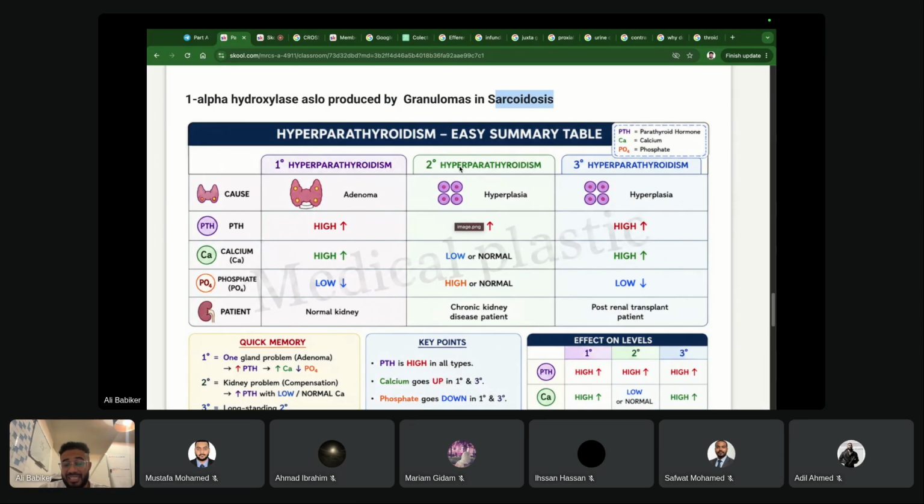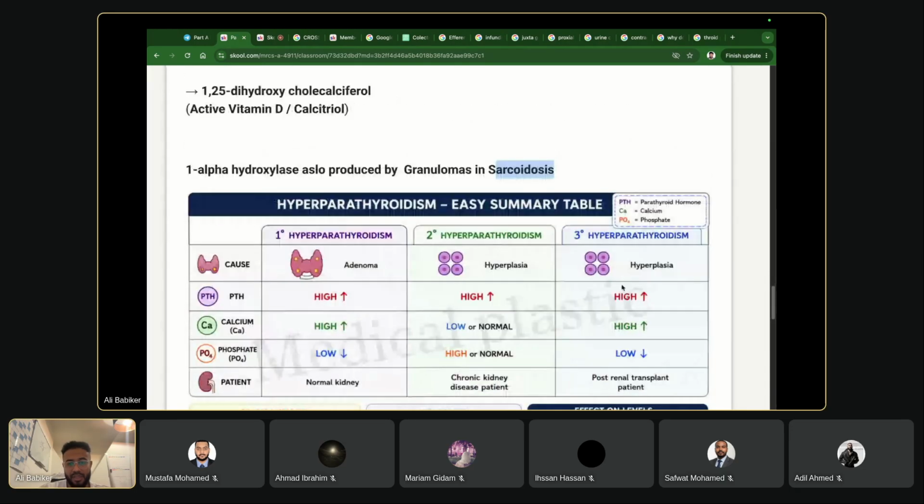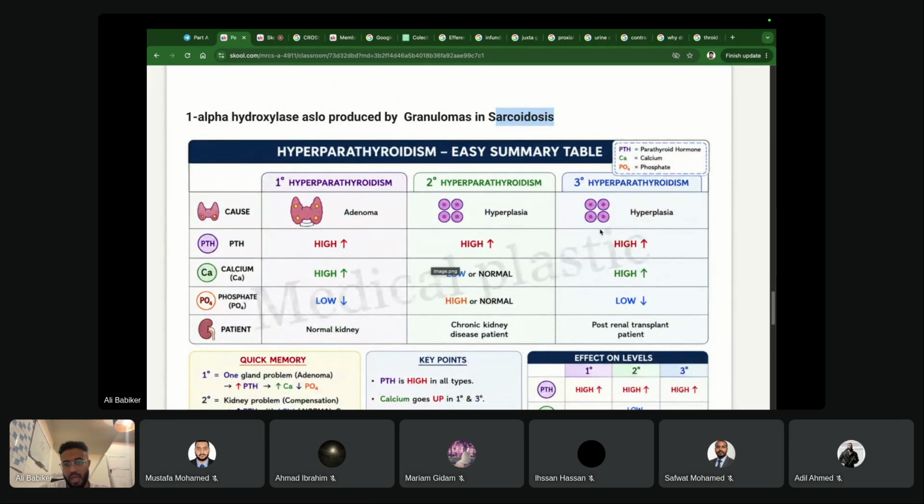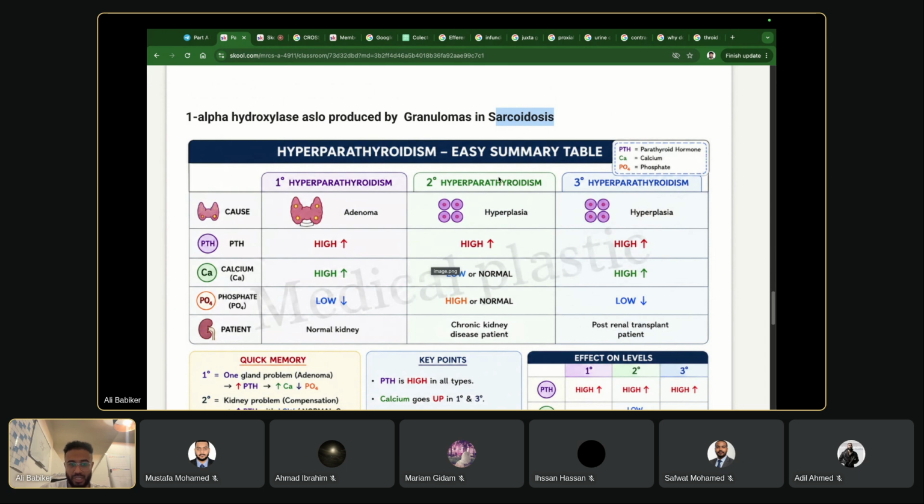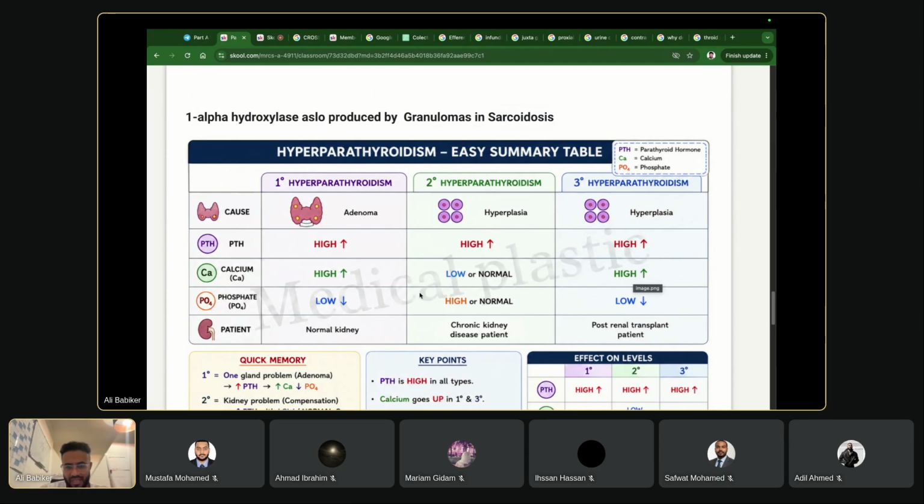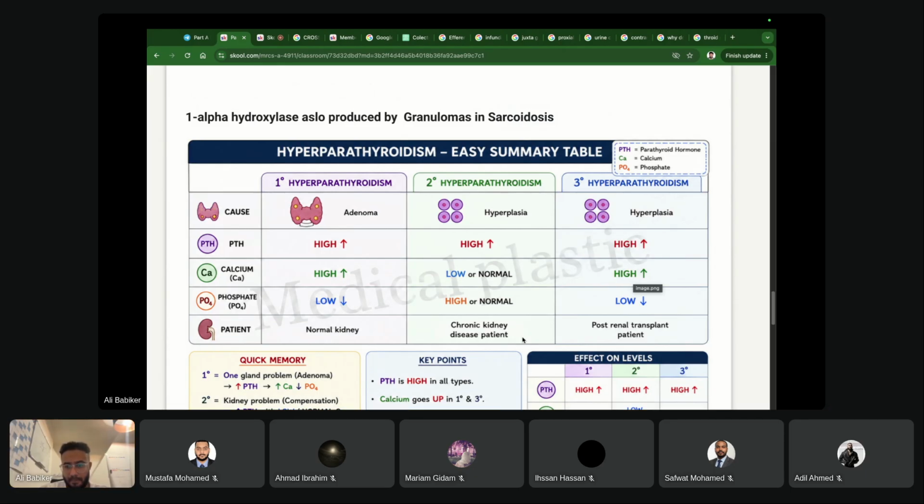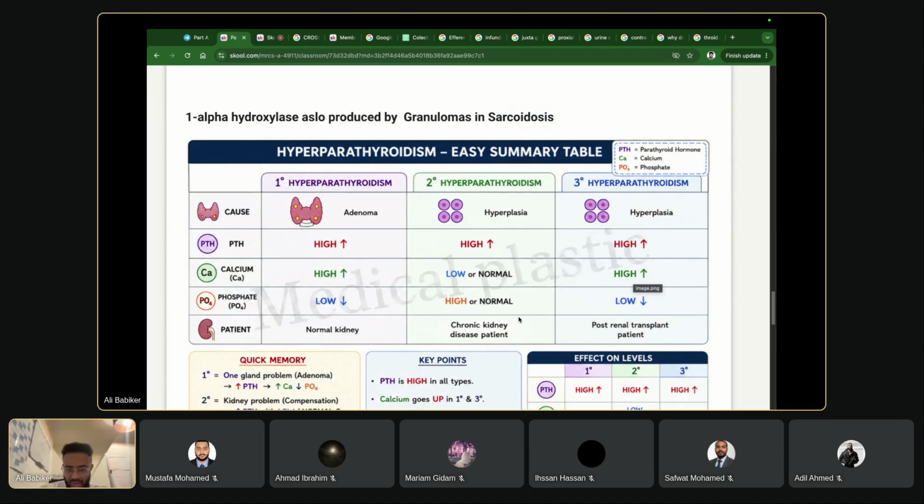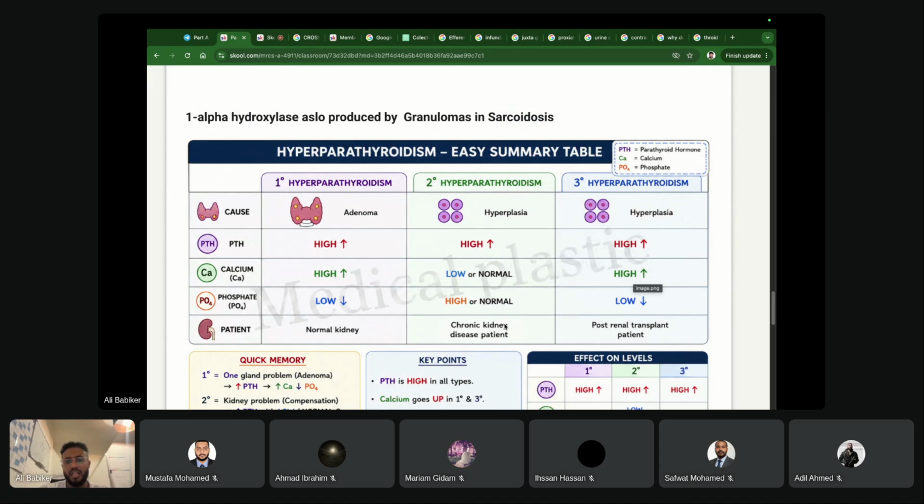Okay. Secondary hyperparathyroidism: there will be high parathyroid hormone. There will be hyperplasia, not just adenoma, in the parathyroid. Calcium will be normal or low, and phosphate will be high or normal. And why is that? Because your patient has chronic kidney disease. This will lead to